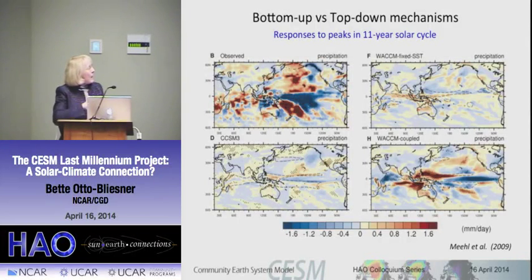versus just climatology. When they run the CCSM3, which is the low top model, so they're looking at a bottom-up response, they do see some response here. It's fairly muted, though it's significant, basically due to, they ascribe it to increases in solar irradiance getting to the surface of the ocean in cloud-free regions, that leads to more evaporation, circulation changes, and changes in precipitation here in the ITCZ. Then they do what they call a top-down experiment, where they use WACCM, but they prescribe